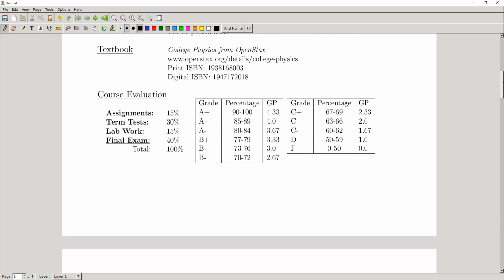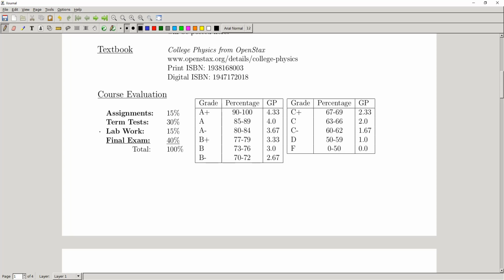As far as your marks, where are your marks from this course coming from? Well, this is the breakdown here. We're going to have a bunch of assignments. We're going to be covering 11 different chapters, which I'm going to break up into 11 modules, and each of those will have an assignment. So we're going to have something like 11 assignments, pretty much exactly. If we run out of time, it may end up only being 10, but it'll probably be 11 assignments.